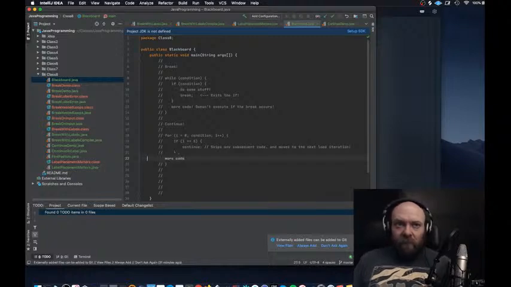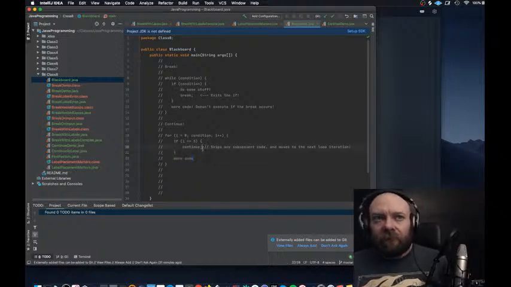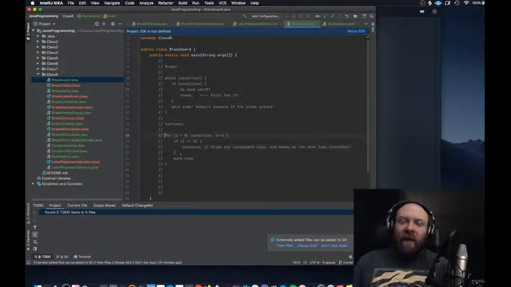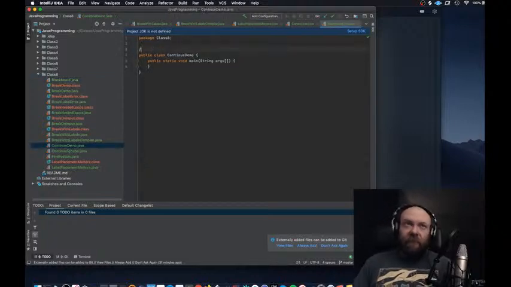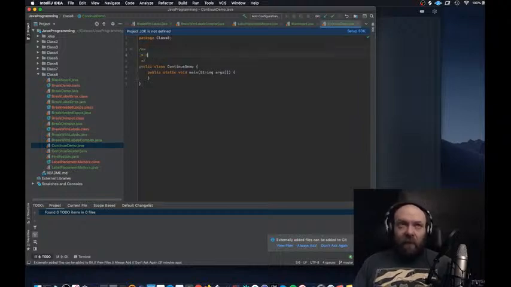If we had more code here, it would not happen when i equals 5. We can use continue to jump back up to this for loop and basically short circuit any additional code. That can be very useful, okay? So in practice, it looks something like this. This is our use continue